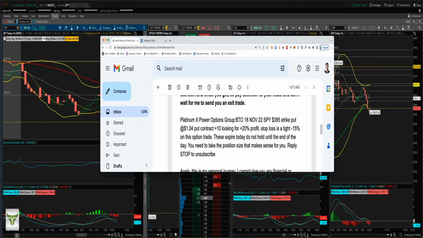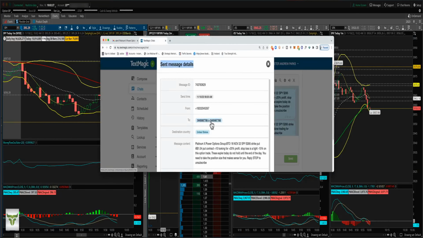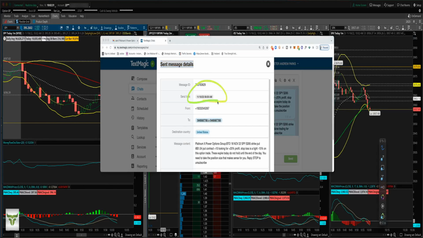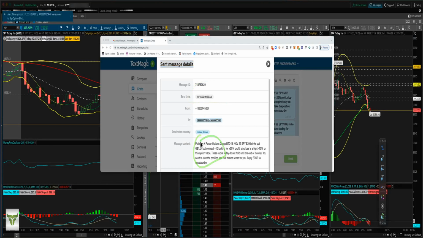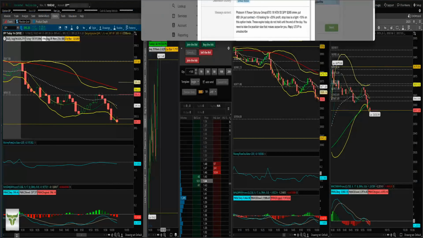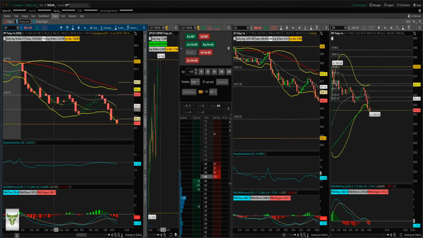This is just one of my dummy email addresses that I make sure that the emails come out to. So that's that. Where's the text alert? Here's the text alert. What time did the text alert come out? 9:39 a.m., right? That's what I'm looking at, right? So let's go over to 9:39 a.m. So let's come back over here,